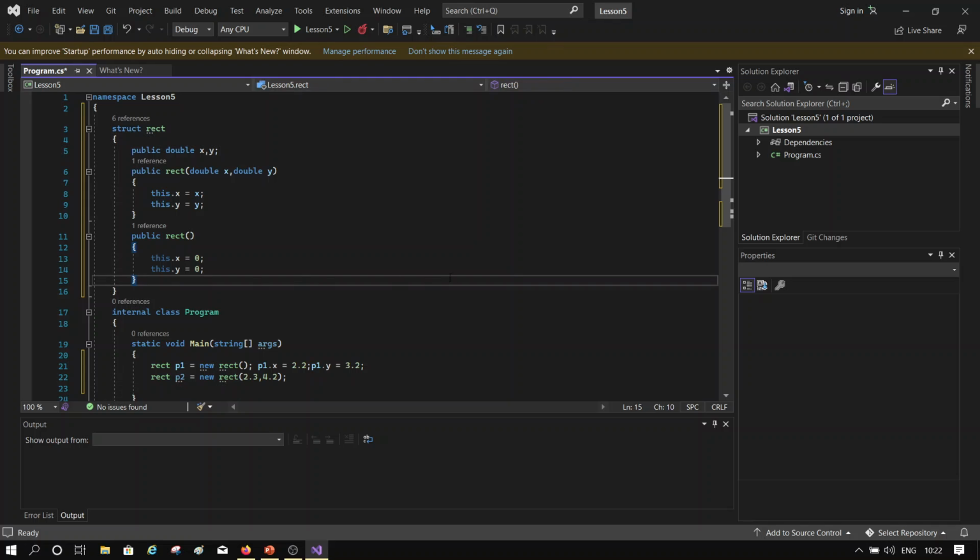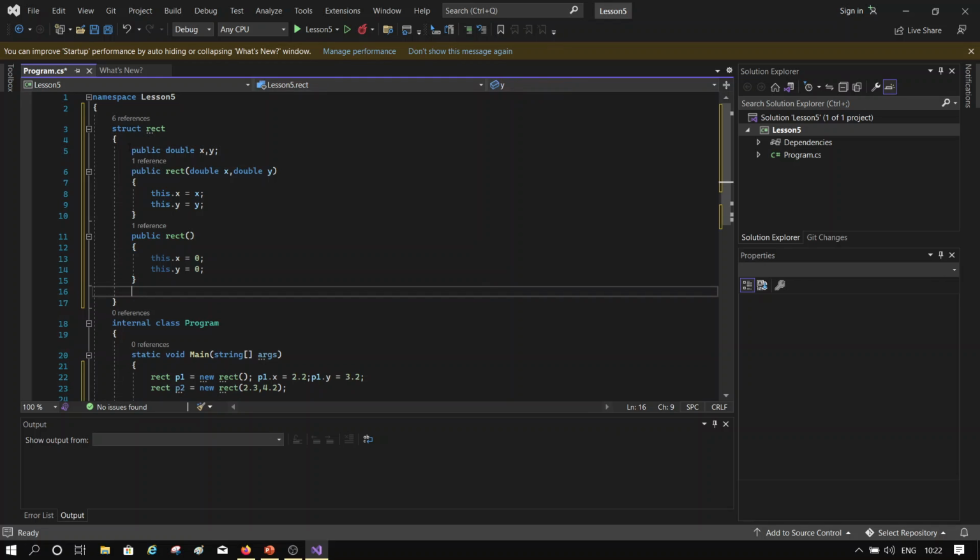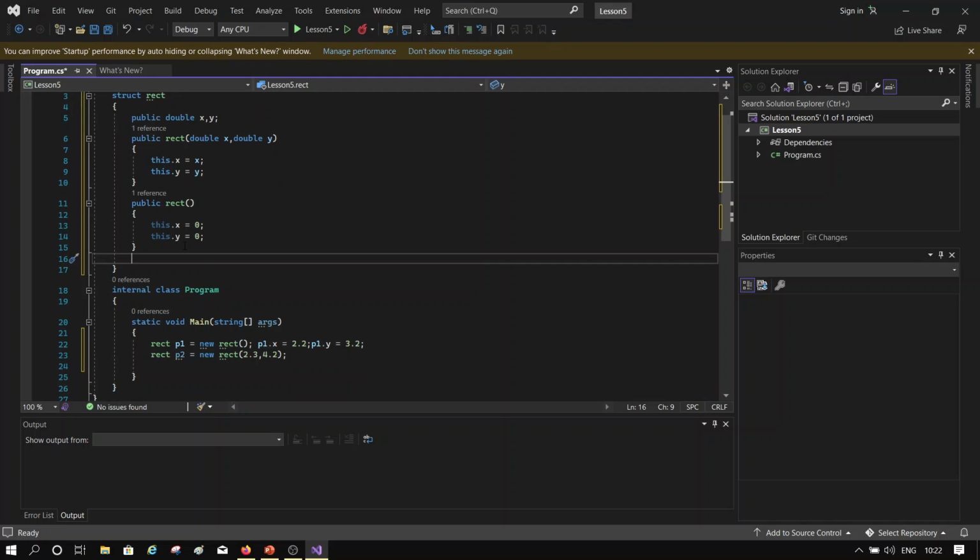A structure can also have a method, right? So this constructor is one of the methods. It's a special kind of method which doesn't return anything. It can receive arguments, but it doesn't return anything. Now there are other methods possible. So let's say if I want to add two points, p1 and p2, let's overload an operator, right? That's a concept which is just like a method, right? So I can say here,